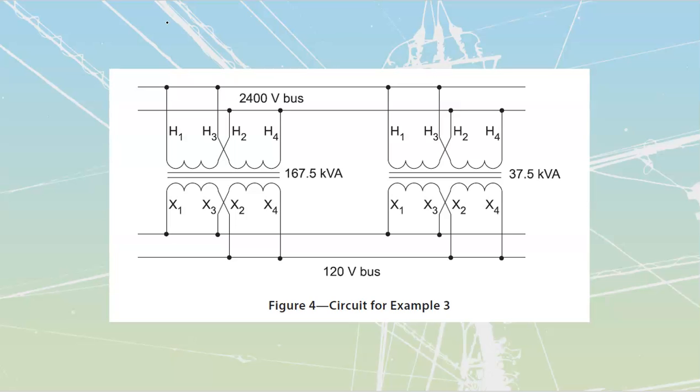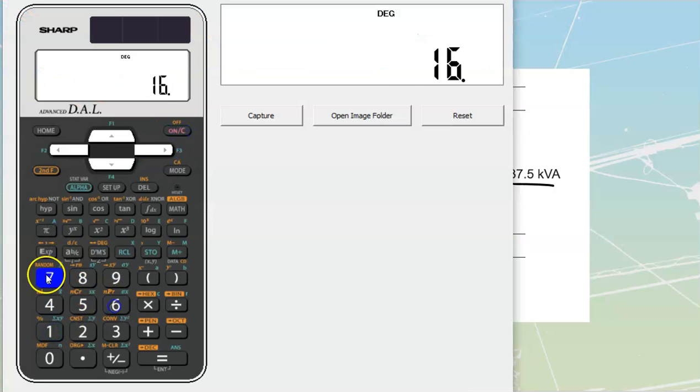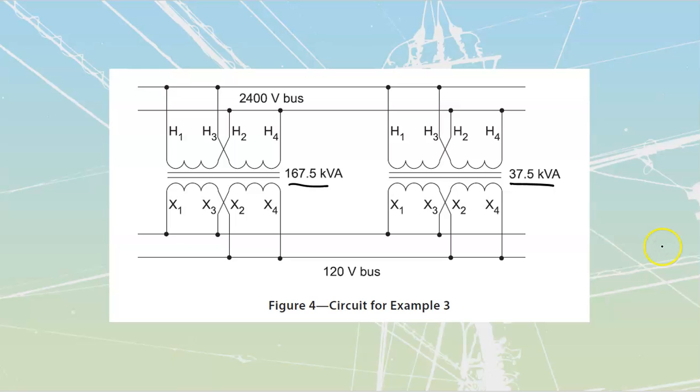So the maximum kVA that could be delivered would all be dependent upon load, but at the maximum, this one could do 167.5, this one could do 37.5. So I'm just going to add those two together. 167.5 plus 37.5 gets me to a value of 205 kVA. So that's going to be my total capacity, 205 kVA. I'm going to place that up top because it spans over both of them. kVA in is equal to kVA out, so therefore this side over here must also be 205